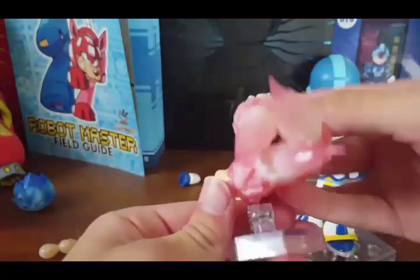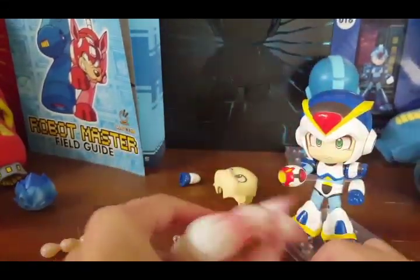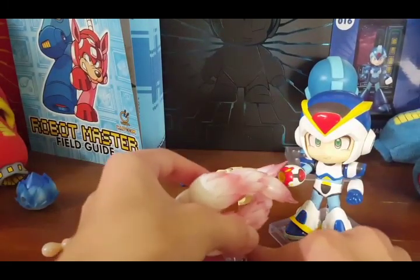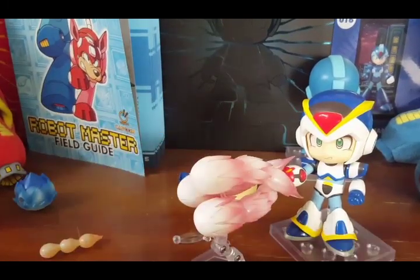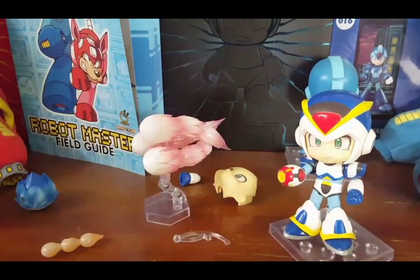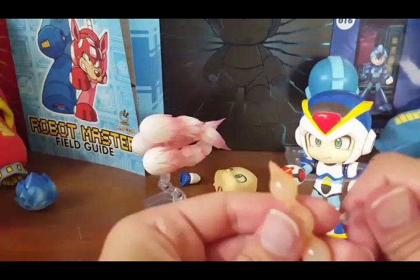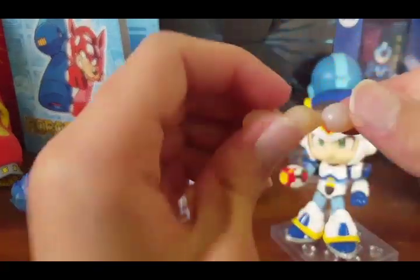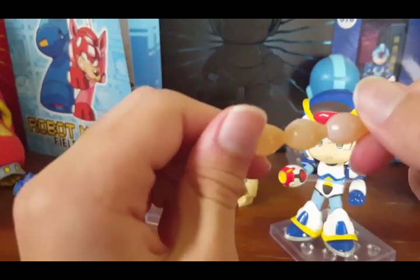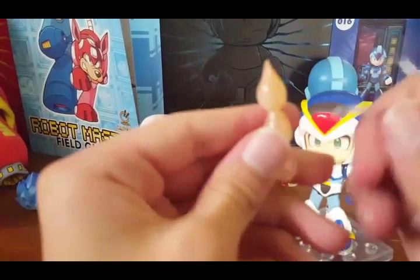And then he also comes with the big spiral blast, which was really annoying to put together because you have these three big blasts with a small little thing in the center. And then this, you just put by his buster, and then you just shoot it out. And you also have this little arm right here to put these little blasts on, and these are actually different from the one that Mega Man came with because X has...